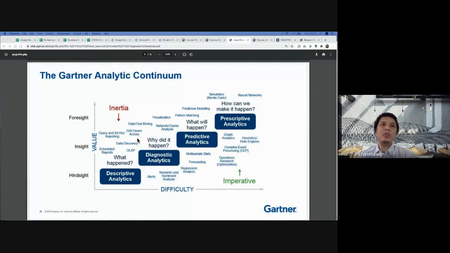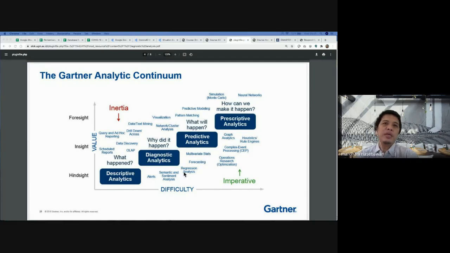If we go to the predictive, we go to text mining and data mining, do network and cluster analysis, visualizations, pattern matching, and then predictive models. For prescriptive analytics, we do simulations that get more complex, like Monte Carlo simulation, and then go to neural networks. So that will be the type of methods that we can use for analytics in the inertia type.